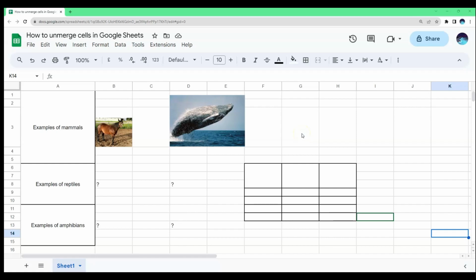This video will show you how to unmerge cells in Google Sheets. As we can see in this Google Sheets file, this cell has been merged. What we want to do is unmerge this. To unmerge this, let's select the cell, and at the upper part of the screen,